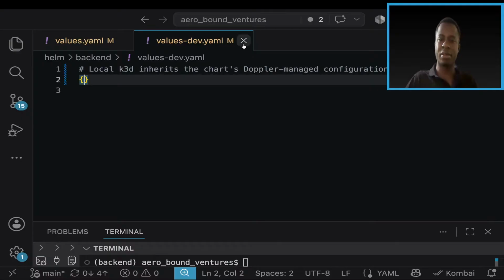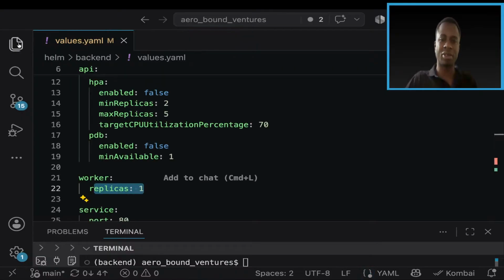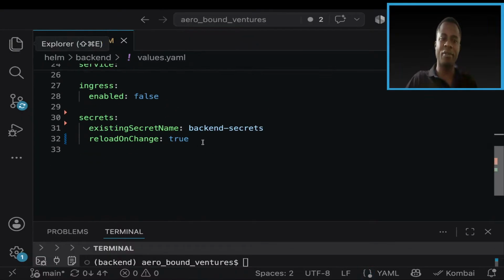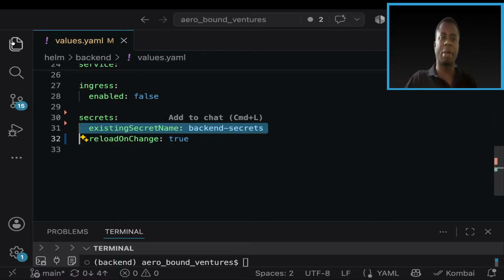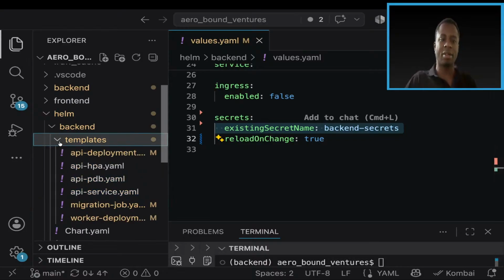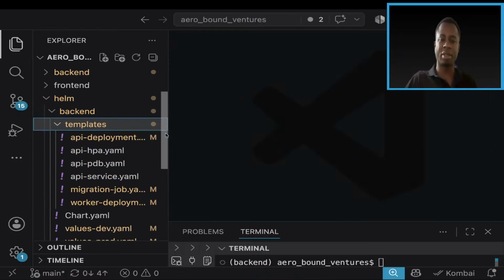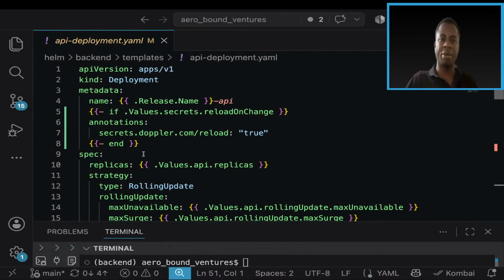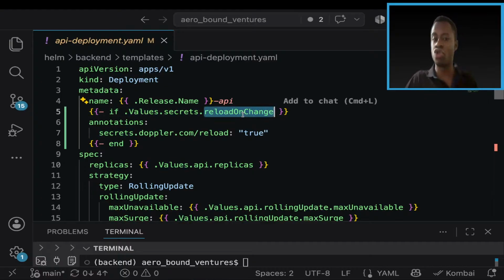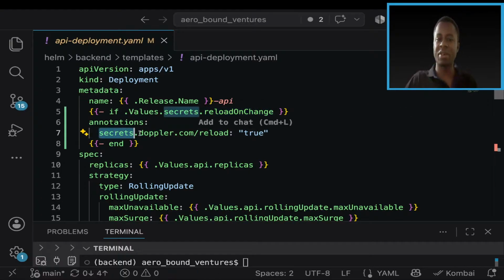Okay. So close that. So you see, we're going to have only secrets, not config. Every value will come from here, from backend secrets. Then if you go to templates, it even gets more interesting. For API deployment, now we have changes here. We are saying that if the value.secrets.reload change is true, then we add an annotation saying